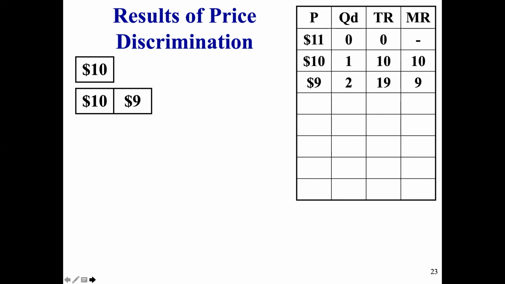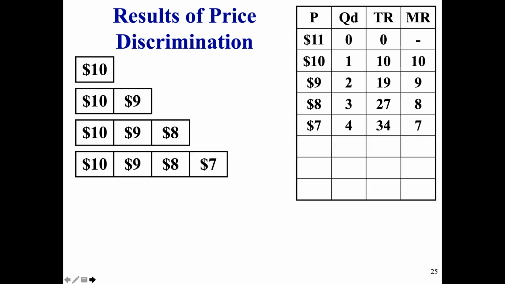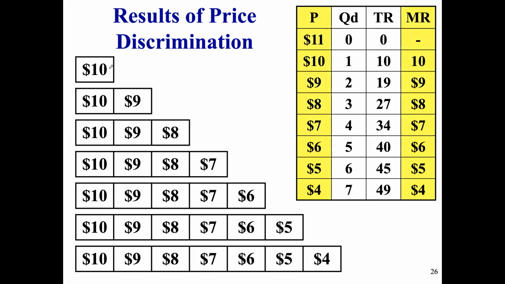So far, so good. If we're a price discriminating monopoly, we could still get $10 out of that first consumer, and then if we lower the price to 9 for the second consumer, we could get $9 from her. So in this case, for the second unit, which we charge $9 for, the quantity demanded would be 2, the total revenue would be 19, and the marginal revenue would be 9, and so on and so forth. So what you can see is, if we're price discriminating, we can get $10 out of that consumer who wants it the most, we can get $9 out of that consumer who wants it the second most, and so on and so forth. So if you're a perfect price discriminating monopoly, your price is equal to your marginal revenue, because you're able to charge each consumer exactly what they're willing and able to pay.